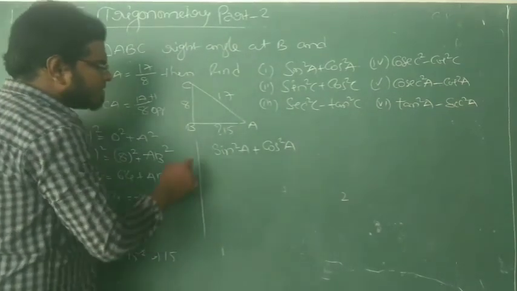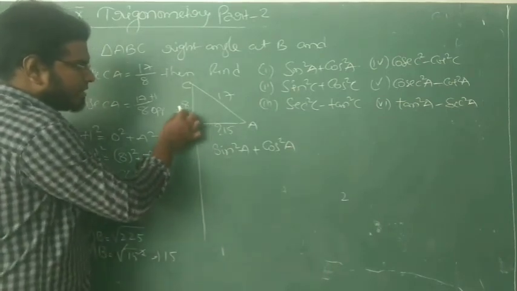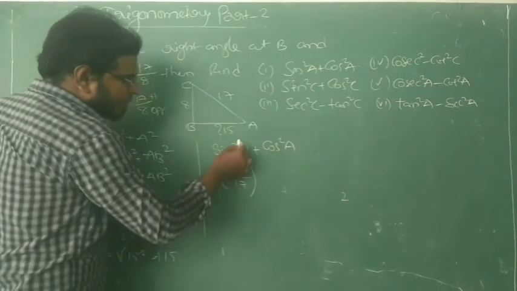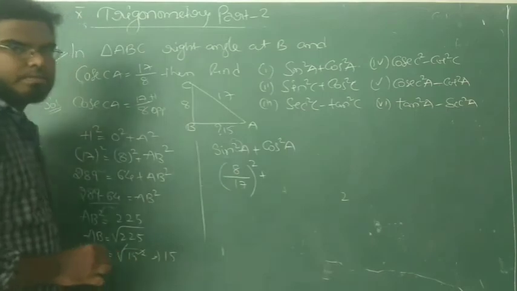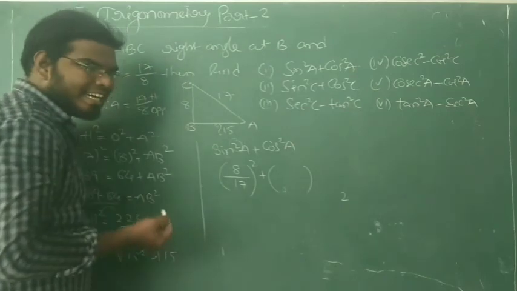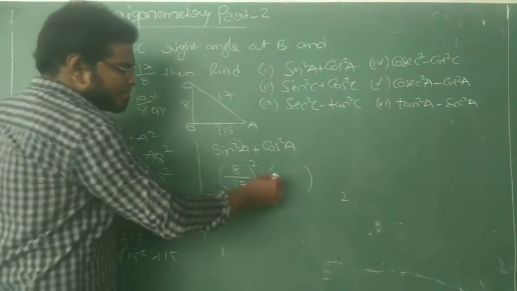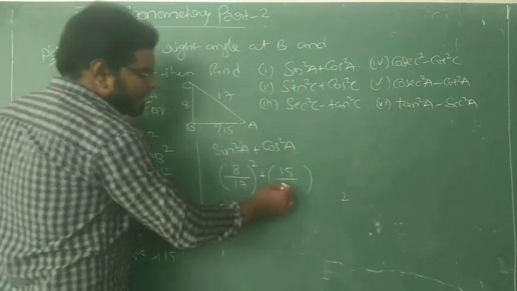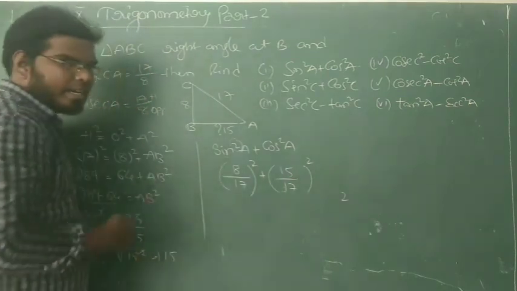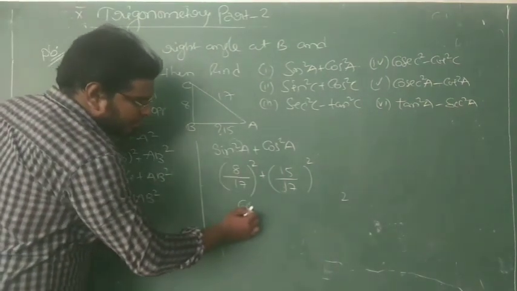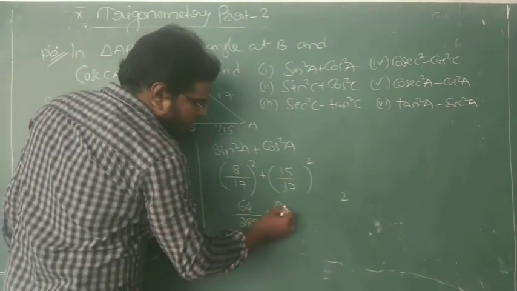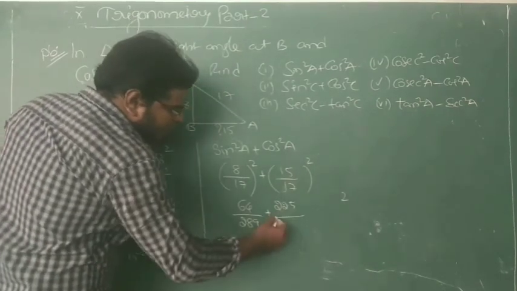And the sine square, what is the sine formula? Opposite side by hypotenuse. This is the opposite side and this is the hypotenuse. I am writing directly, and the whole square is there, na? Take the whole square. Right. And here cos square: cos means adjacent side by hypotenuse. This one is the adjacent side and this one is the hypotenuse. You must memorize all the ratios and write them individually, but I directly do this problem. I get 64. 17 square we know is 289. Here 15 square is 225 and 17 square is 289.